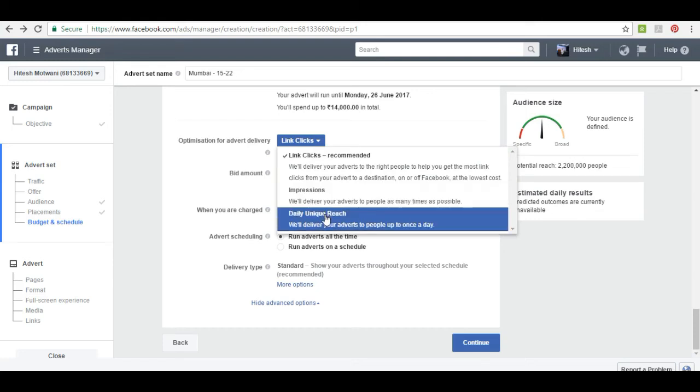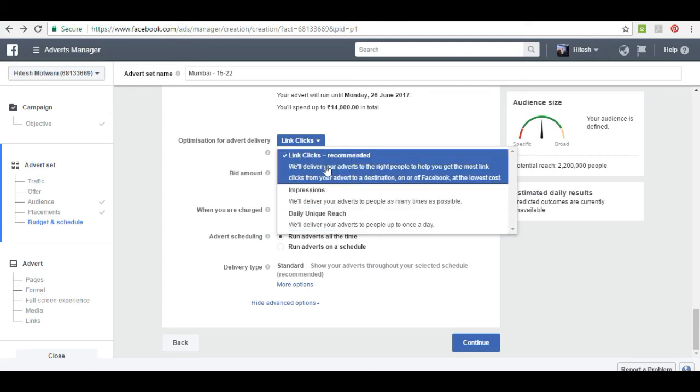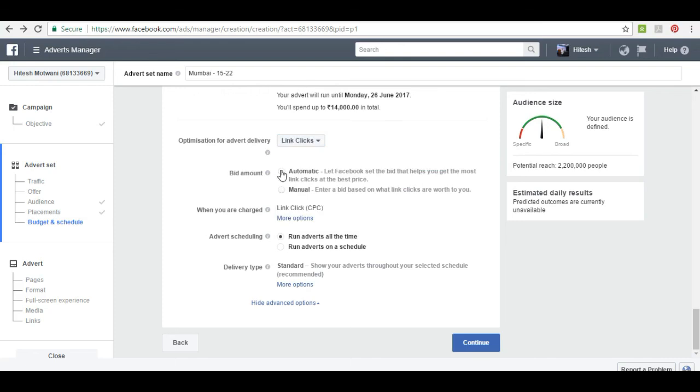And lastly is daily unique reach. I can also choose unique reach because suppose I don't want same people to see my ad again and again. In that case, I'll choose daily unique reach. In our case, we'll choose link clicks. The next option is called the bidding amount. Over here, I want basically